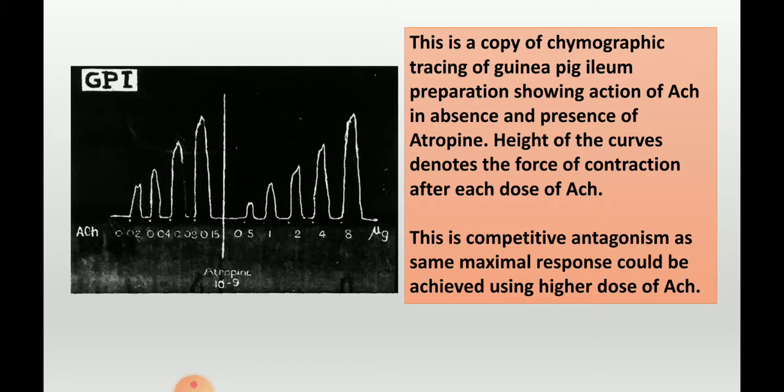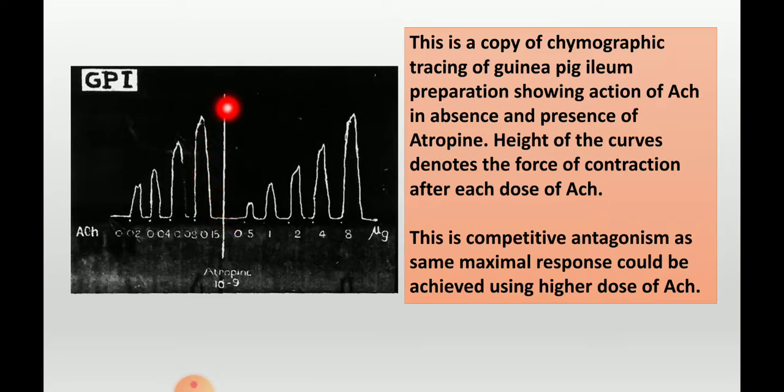So we are gradually increasing the dose in geometric progression from 0.2 to 0.4, then 0.08, then 0.16, and the contraction is rising till this level, and this dose is called the ceiling dose. Obviously, the next dose should be given, and you will not get a better response than this, and that is called the ceiling dose. That means it touches the roof. In spite of giving more dose, you will not get any more beneficial effect.